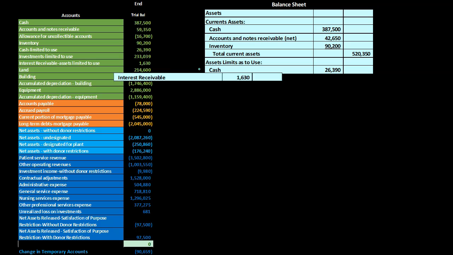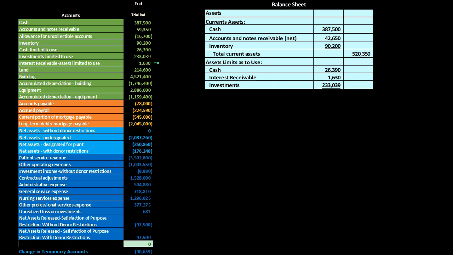That's the 26,390. Then we have the interest income, also limited to use. Picking that item up, and then we have the investments that are going to be limited to use. That being the 233,039. Adding those up, the 26,390, the 1,630, and the 233,039 gives us the total assets limited to use,